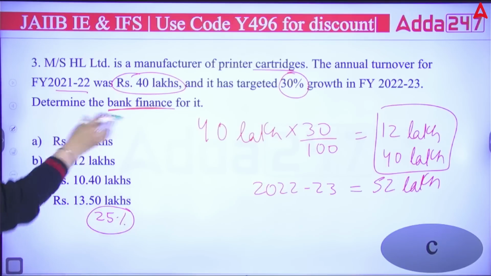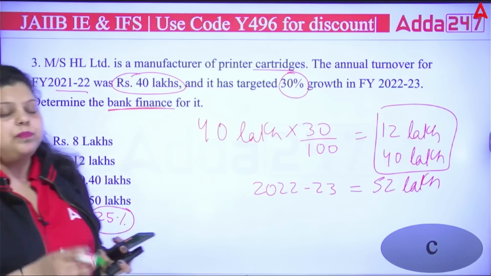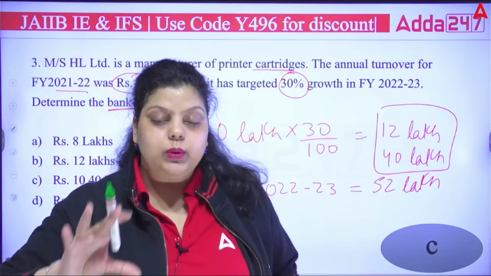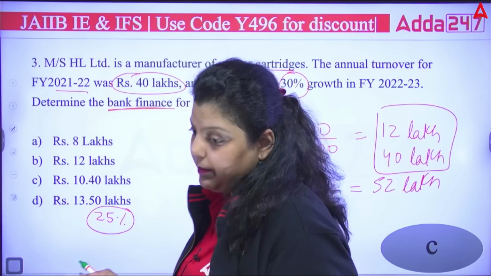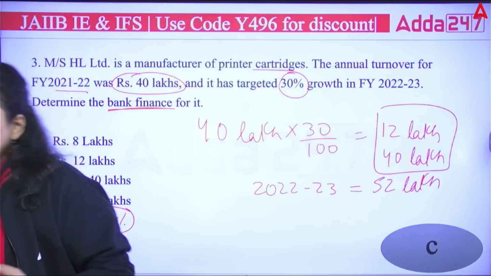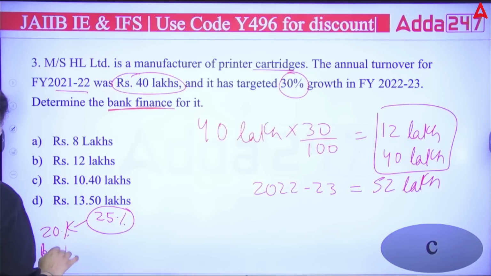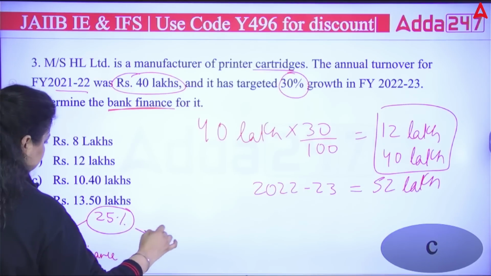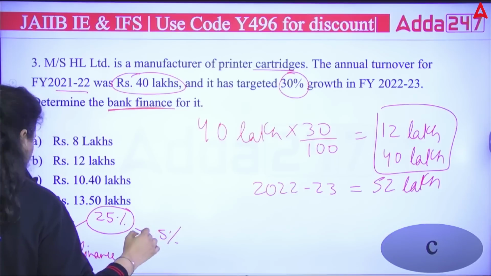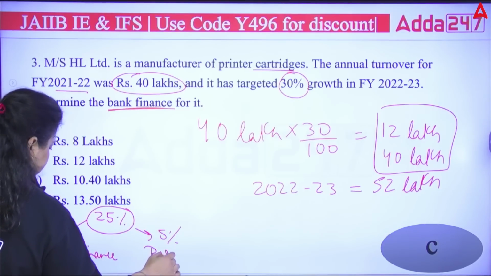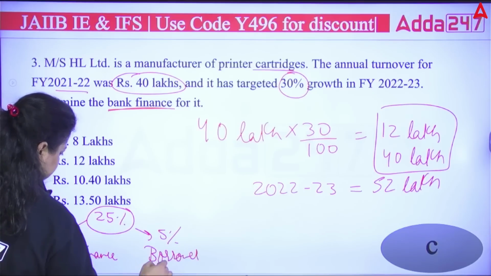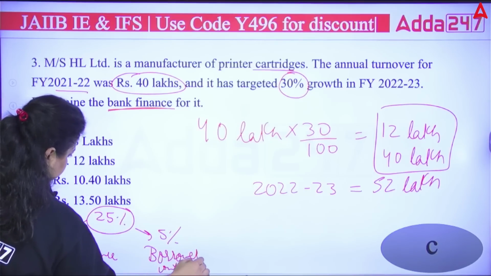Whenever we need a loan on our turnover, we need 25% of capital as a loan from the turnover. Out of this 25%, it is defined that 20% will be financed by the bank. It is the bank finance capital, and the remaining 5% has to be contributed by the borrower. It's a borrower contribution. Clear?